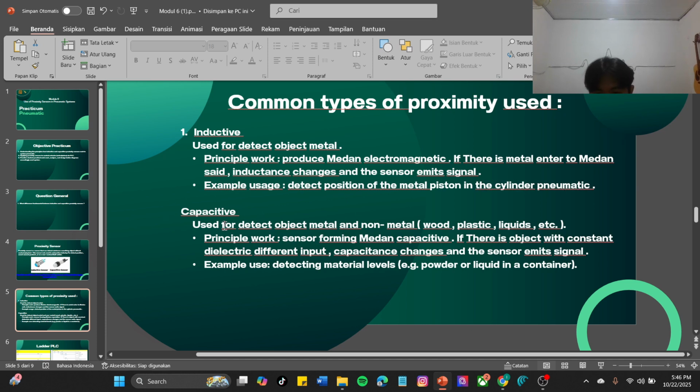The capacitive is used to detect metal and non-metal objects, such as wood, plastic, liquid, and edges. Principle of work: the sensor forms a capacitive field. If there is an object with a different dielectric constant entering, the capacitance changes and the sensor emits a signal. Example: detecting material levels, powder or liquid, in a container.